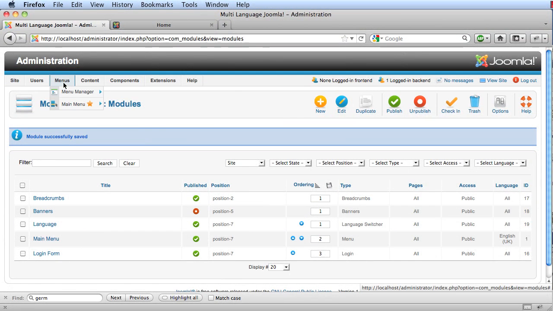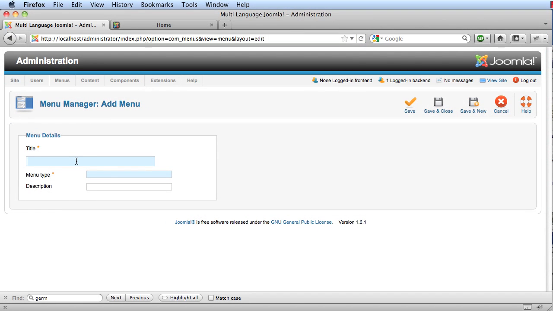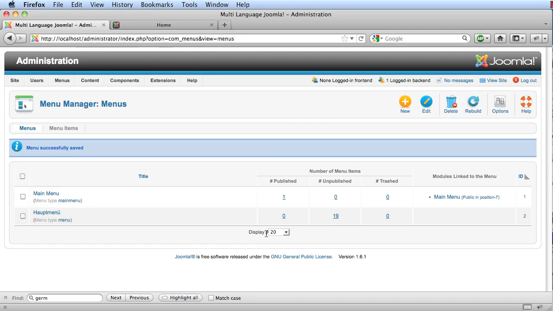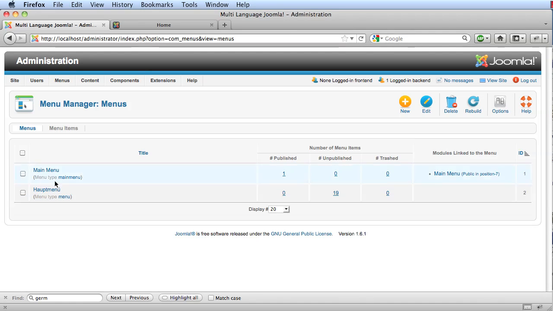And we will do this here in the menu manager, add a new menu, and I say Hauptmenü for the German menu, and the menu description is a menu, and another description is also a menu. And I save and close. Now I have the, do I have the menu? Yes. So here I have the Hauptmenü and here I have the main menu, and the main menu is, and